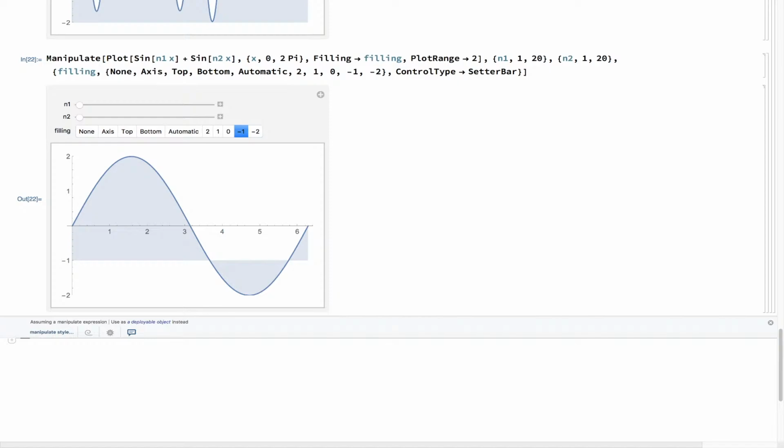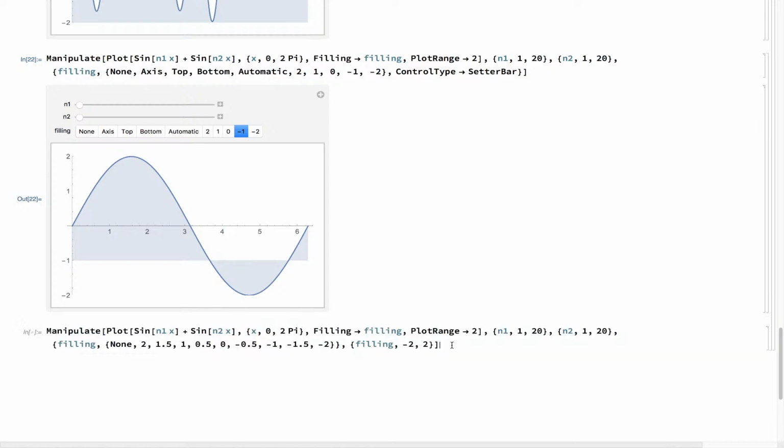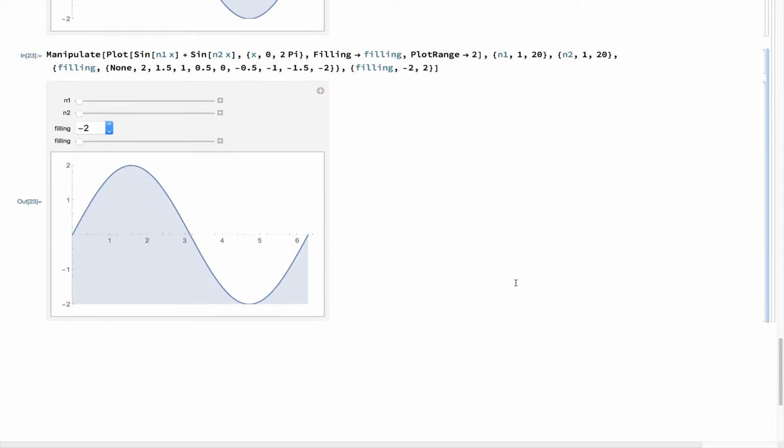So sometimes it is even possible to use two different controls to adjust the value of the same variable. So you can have both a pop-up menu as well as a slider bar connected to the same value. So let's take an example over here. In this example, you can do the same thing by having both the options. So I can have a slider bar also, where you can change the variable,